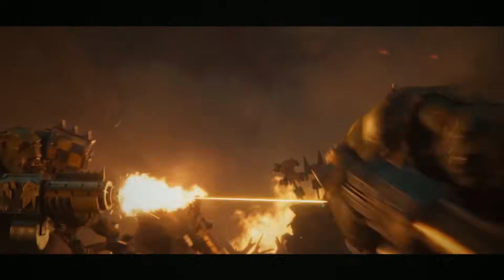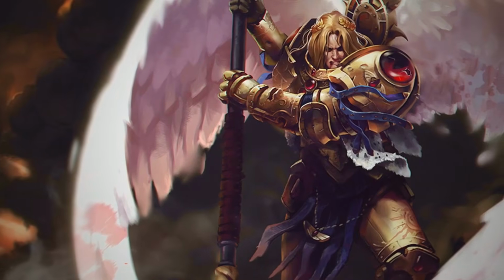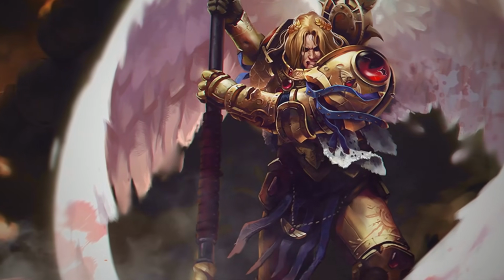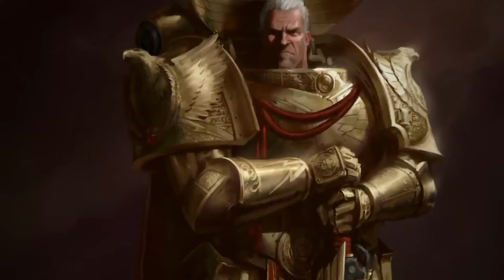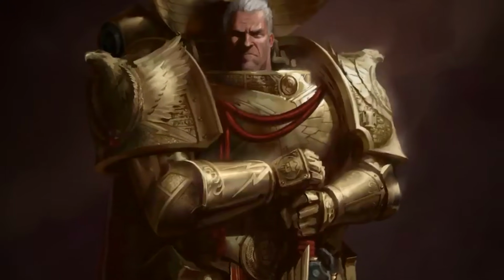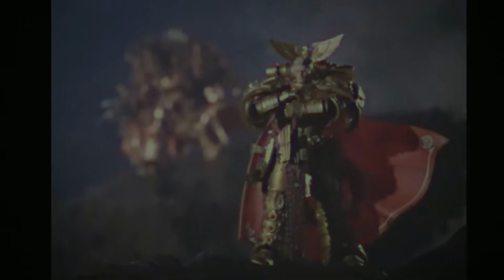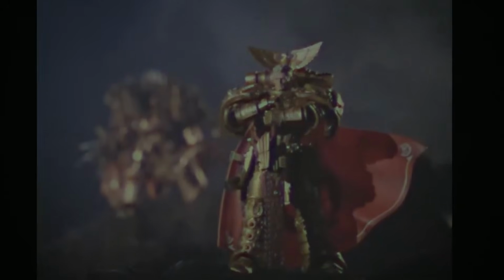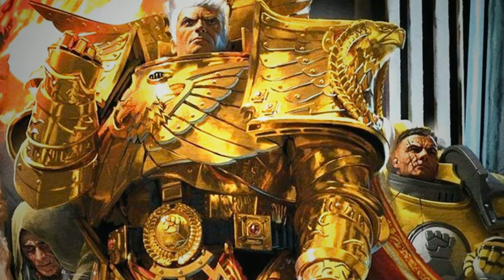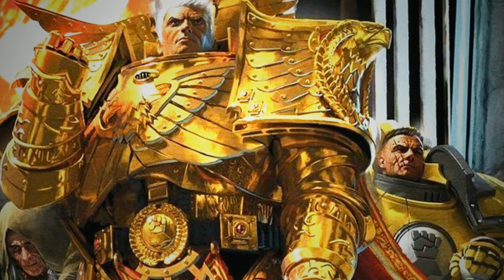The Loyalists, though outnumbered and outgunned, fought with a desperate courage, knowing that the survival of humanity depended on their defiance. Sanguinius was everywhere, inspiring his troops, leading charges, and personally slaying countless foes. Dorn, from his command center, directed the defense with unyielding resolve, his tactical brilliance holding the line against impossible odds. As the siege dragged on, and the Loyalist forces began to falter under the sheer weight of the traitor assault, Horus made a bold, audacious move. He lowered the shields of his flagship, the Vengeful Spirit, a colossal vessel that dwarfed all others.